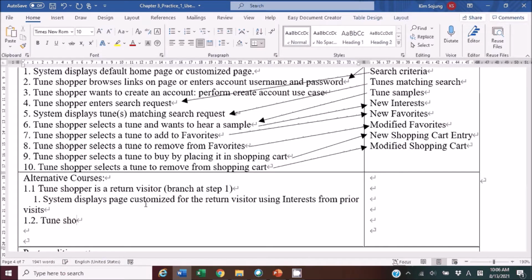Tune shopper has created an account, branch as step 2, and we have the following actions. 1, system displays welcome messages to account holder,